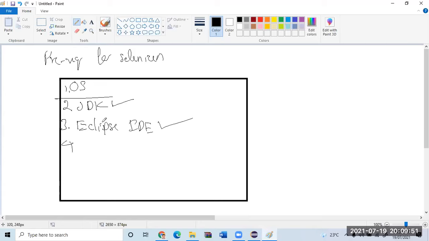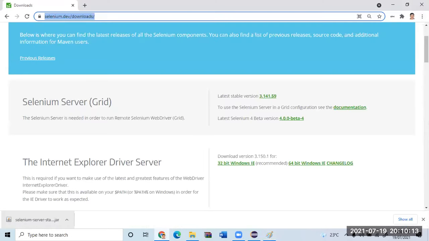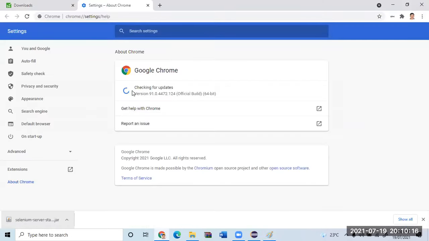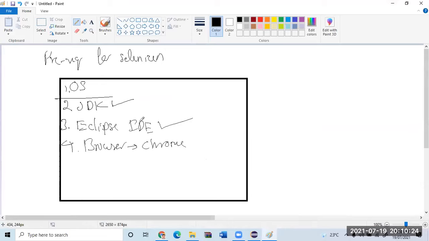What type of application are we trying to automate using Selenium? Web application. When I say web application, how do you open a web application? A browser is required. Out of the many browsers, let us start with the most popular, Chrome. Any browser procedure is the same. I'll start with the Chrome browser, and let me show you that. Go to About Google Chrome. Please ensure that you always have an updated version. As of today, it is version 91. Can I automate with an older version? Yes, but you will get unnecessary issues. I'll go with version 91.